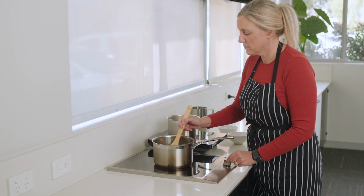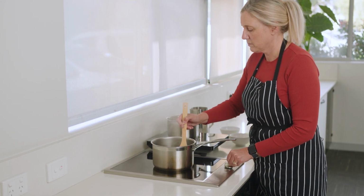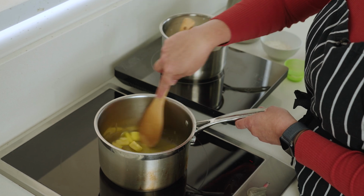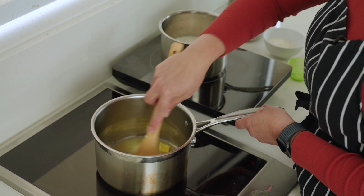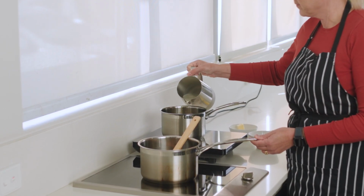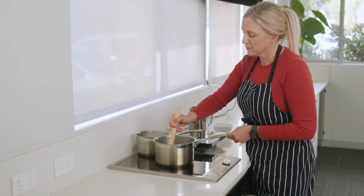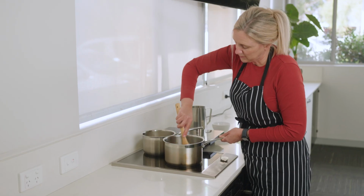Meanwhile, if I was to be doing this on a stovetop, the conventional way, the process is very different and, like I said before, quite time consuming. You have to first measure out your ingredients and make sure that you've got your scales out. You're going to be using a few different bowls. You're then going to need to warm your milk up, pop your butter in there, pop your flour in, make your roux, constantly stirring, and then pop your milk in there little bit by little bit to get the consistency,